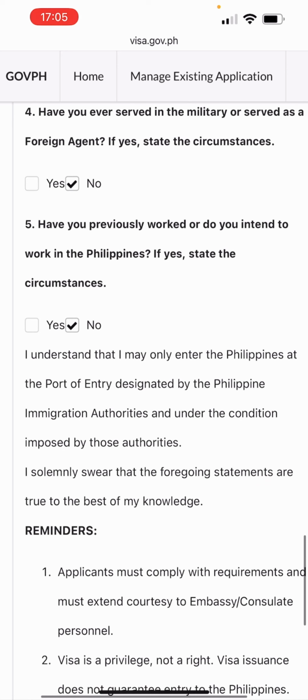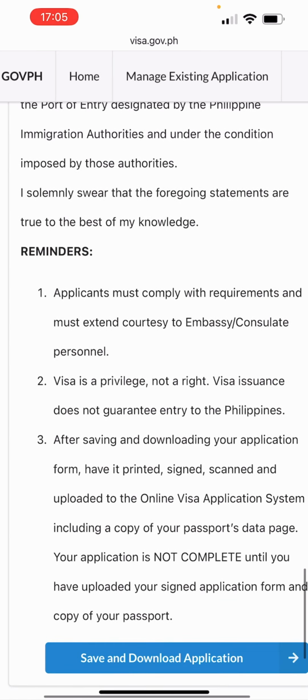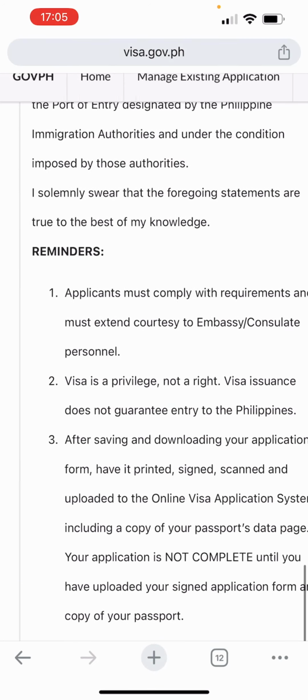Remember, it's just a tourism visa, so you're not going to work. All this, then after that you save and download the application. So that's it. After you've done that,